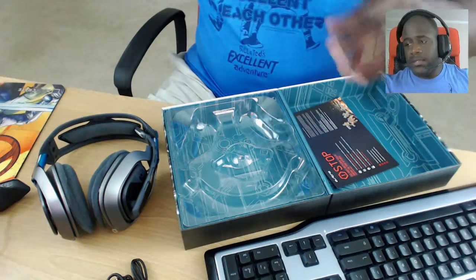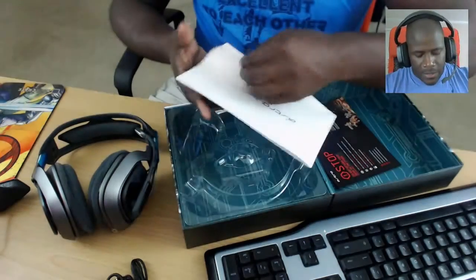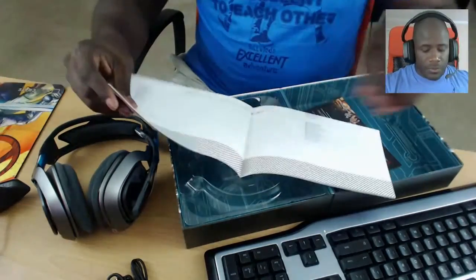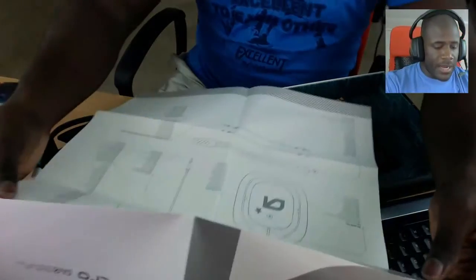And then lastly, we've got our manual. So it's a quick start guide. Which, oh wow, it's not even a manual. It's just a poster of how you should be doing your things. Holy shnikes, this thing is massive. Alright, so we got,